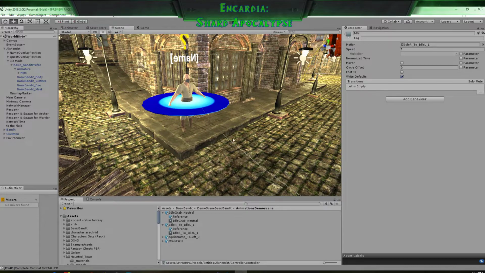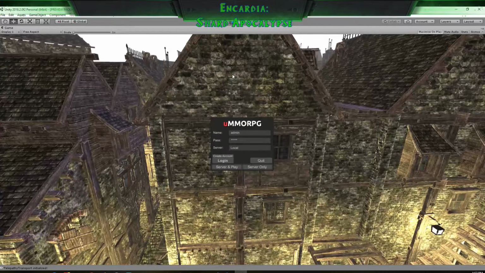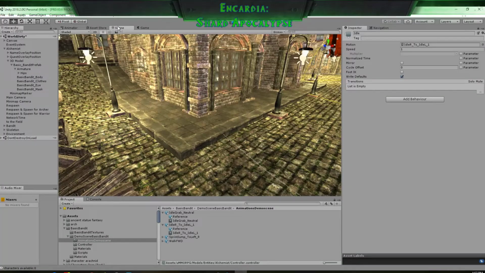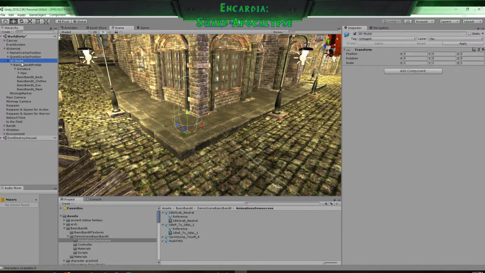Because I don't want to make another character, since we haven't set up our new players yet. I don't want to leave that till a little bit after. Click on server and play so that it actually loads everything into the server. Take that off maximize and we'll go to scene. And okay, so yeah, we can't quite see the alchemist until